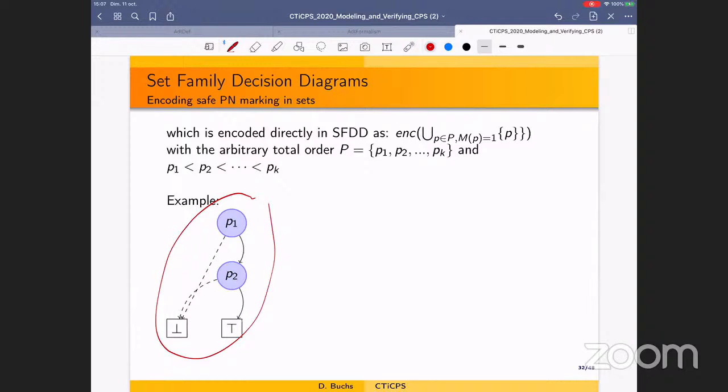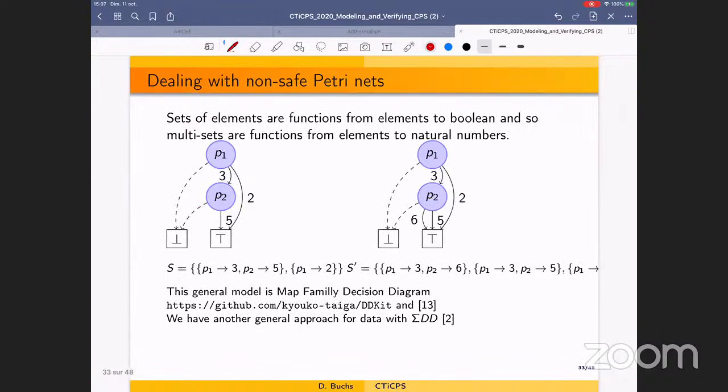We need to extend them, but with the structure that we have, it's easy to extend them, because the idea is just to put on the arcs a number, and with this idea, we have the possibility to represent a function. We can see here an example. With this example, I have two places. I have the possibility to say that P1 has 3 tokens and P2 has 5 tokens, which is defined by this part. But I can also collect the fact that P1 has only 1 token, and in fact, P2 has no token.